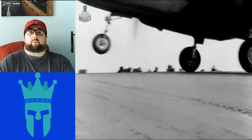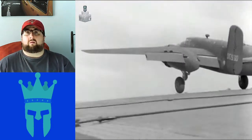The Doolittle raid inspired Americans and strengthened their belief